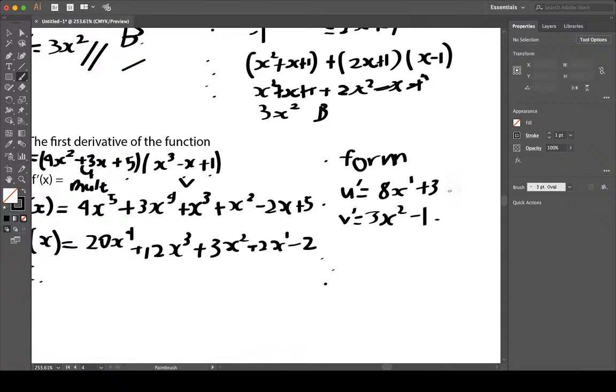With that, let's put it into our formula, which would be pretty long. So 8x plus 3, there we go, multiplied by x cubed minus x plus 1,